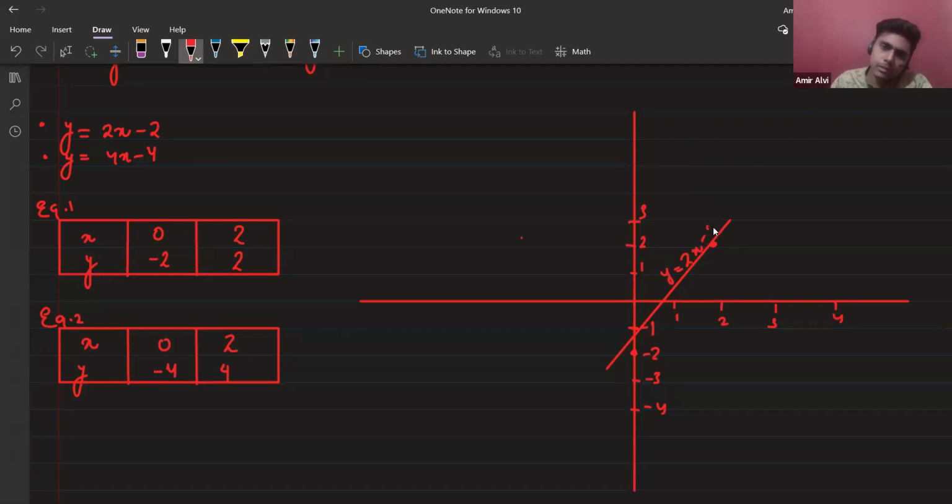Okay. Now the second line. The value of x is 0 and y is 4. So this is 4. If x is 2, y will be 4. So let me take 4 here. So x is 2 and y is 4. So this will be the point, yes or no? Now if I join these points,